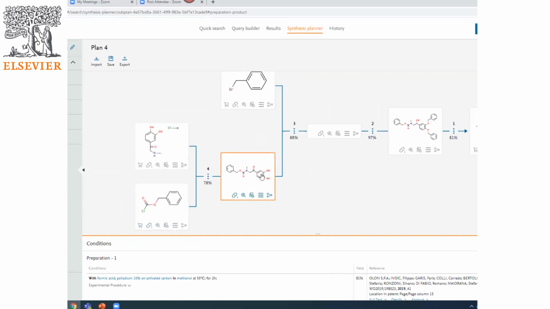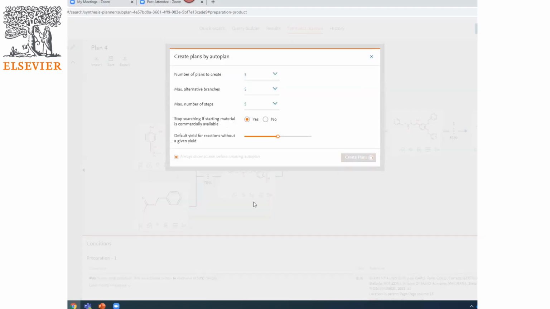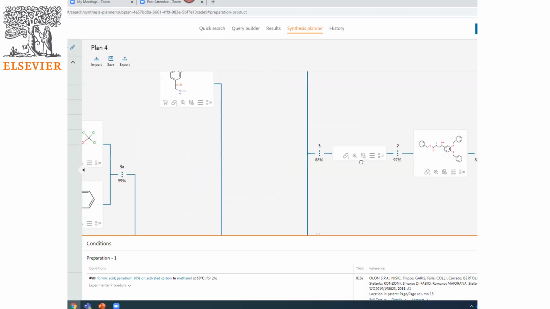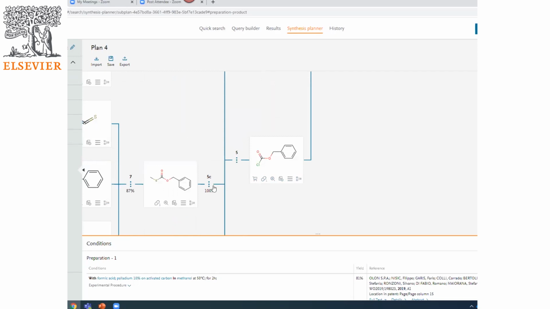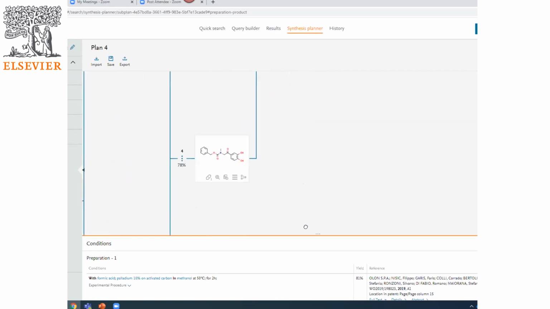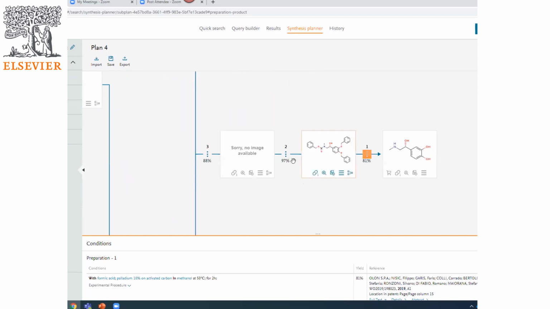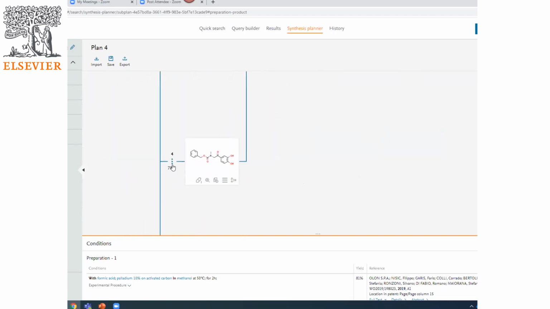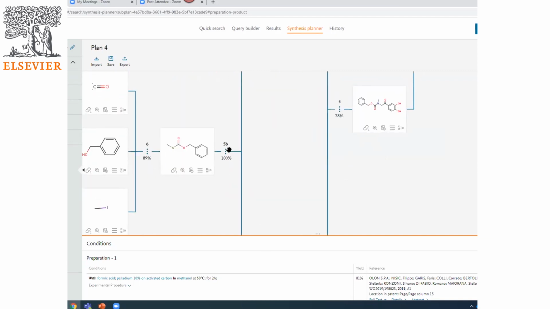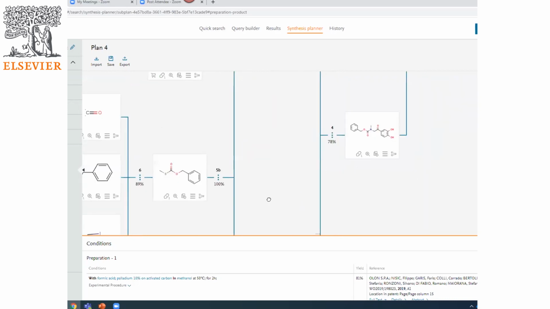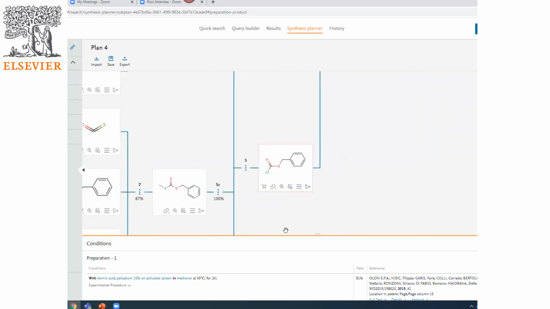Let's imagine that you like this plan but want to know more details on how to get this compound or any of them. You again click this icon and add additional steps. So here it is. For this molecule, you see other steps. And each step has a number: step number 1, 2, 3, 4. And now you can see step 5C, 5B, 5A, because this compound is available by several ways.